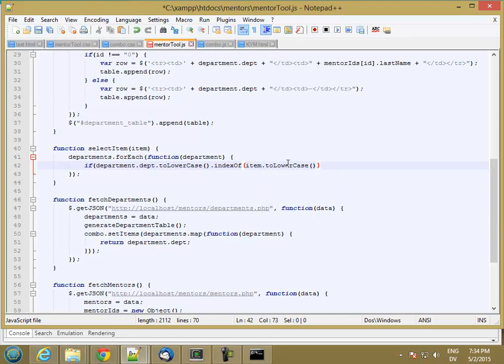So if the lowercase search term is inside of the lowercase department name, then that department